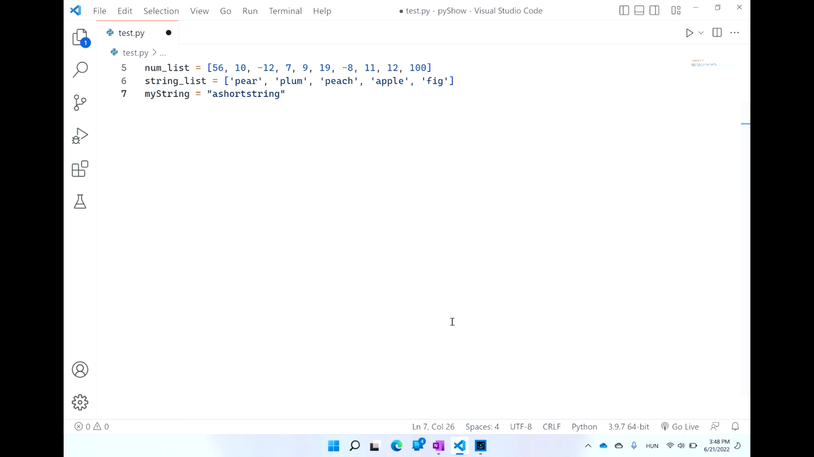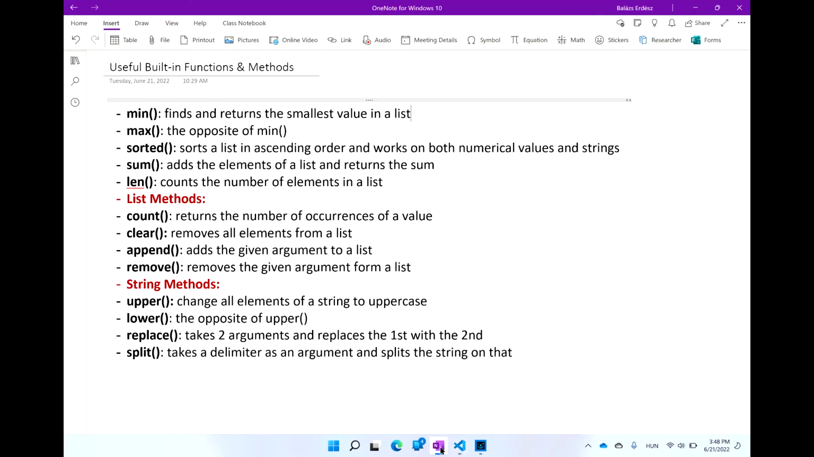Today is going to be about some useful built-in functions and methods in Python. Okay, the first one we are going to look at is the min built-in, which finds and returns the smallest